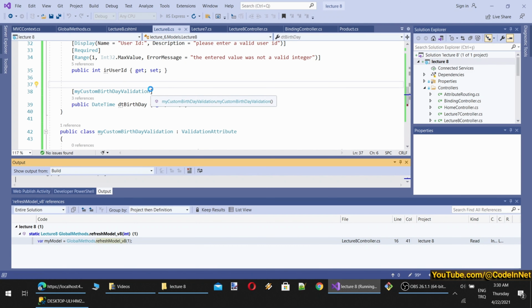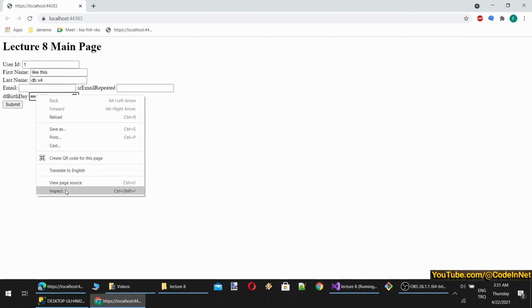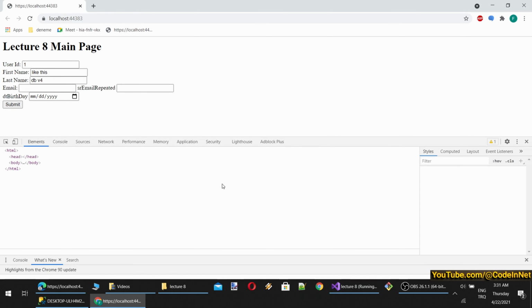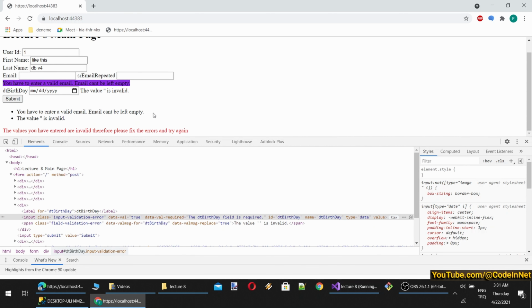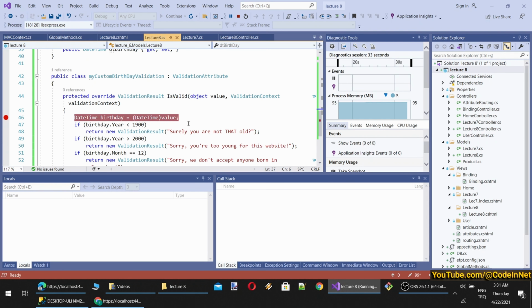First, we check whether it is a valid datetime value input. Then we check whether it satisfies our custom rules or not. See, okay, now I will change the value to something invalid. So it has the default value as first here, and when I submit, oh, it still didn't work. The value is invalid. How is it able to check that?